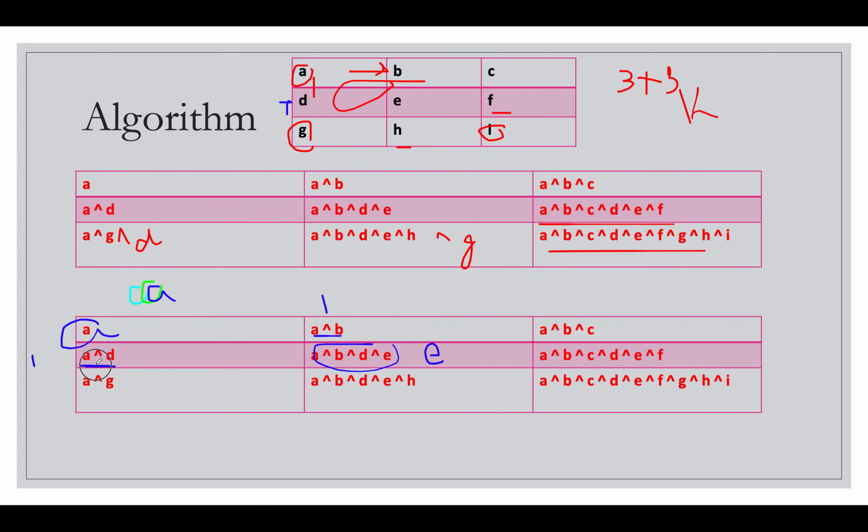The XOR value of index AD will be XORed against AB such that A gets cancelled by A. What is left is B XOR D, and you will XOR the top left value and the current value so that you get everything. So you get A XOR B XOR D XOR E. Hence you get the XORed value of this index.